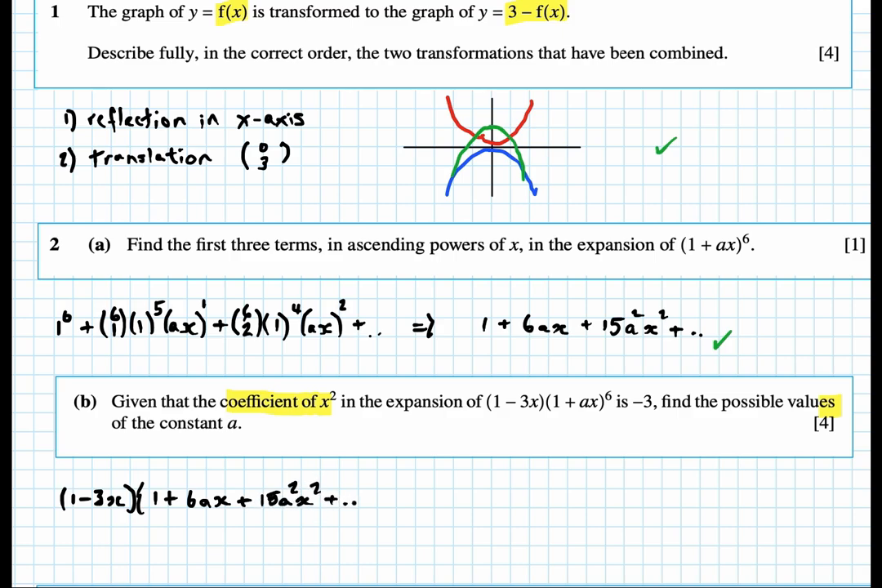So from here you're going to put together any combinations that you will achieve an x squared with. So look at our first term. We've got 1, and of course that's going to go with our 15a squared x squared. So 1 times x squared is x squared in that context. And our second term is minus 3x, and we've our 6ax, because of course x times x is x squared. So that's what that means in terms of this question, and it's a very common question. So put them together and you'll get 15a squared minus 18a